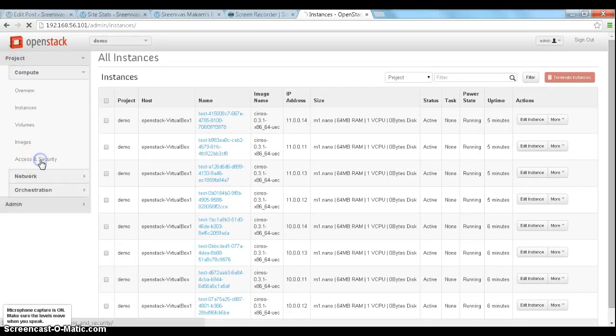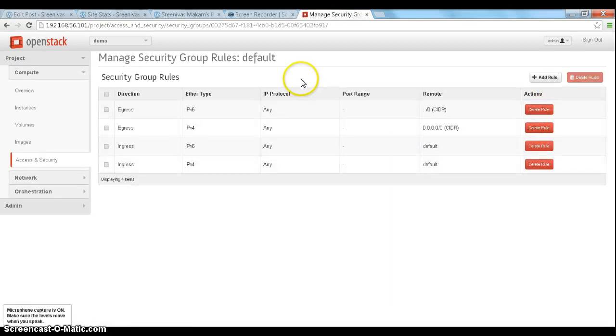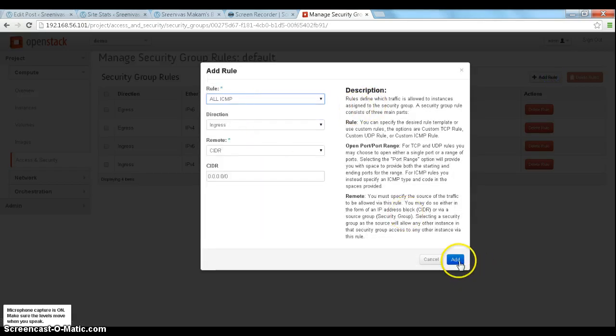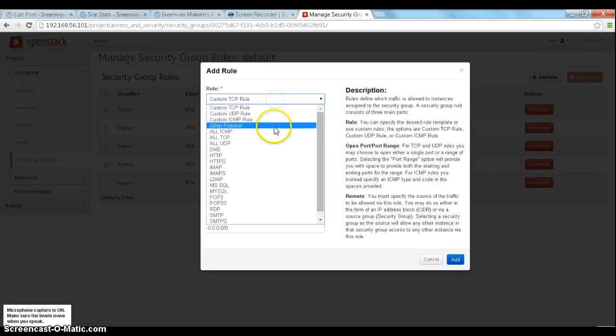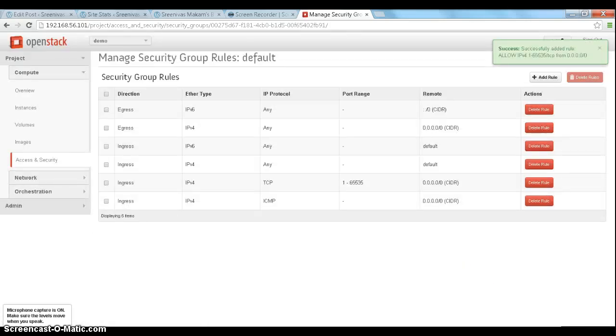To do that, I go to the access and security, and here I have a default group. I just need to establish two rules here. One is to allow all ICMP, and the other is to allow all TCP. This is so that I can SSH to that VM. So once this is done,